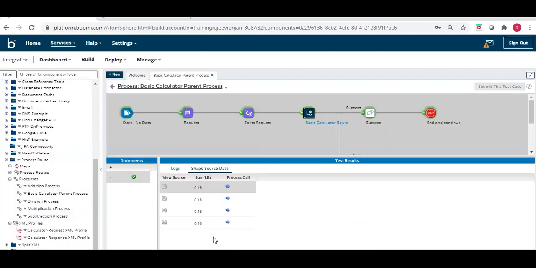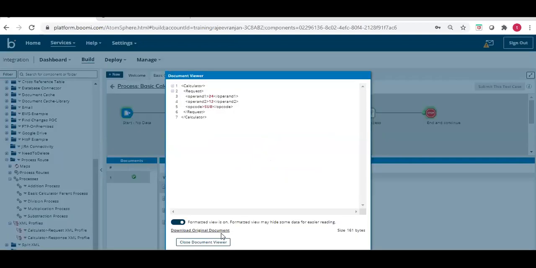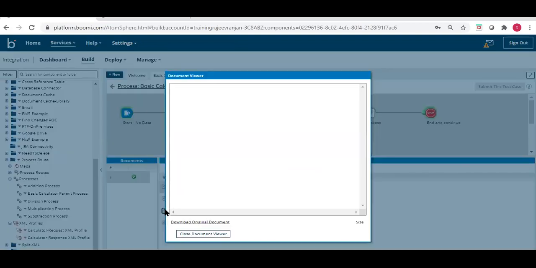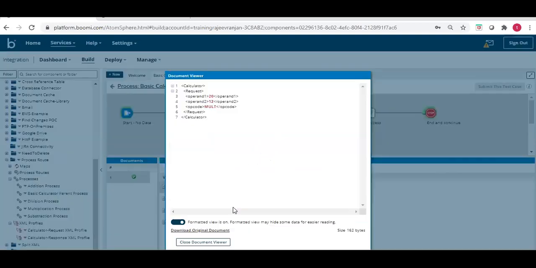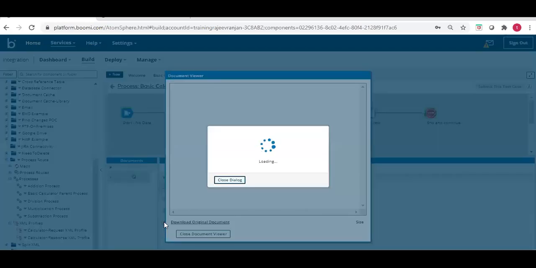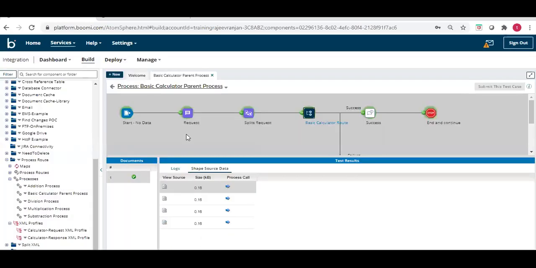So this is for the add. This is for the subtraction. This is for multiplication. This is for division.